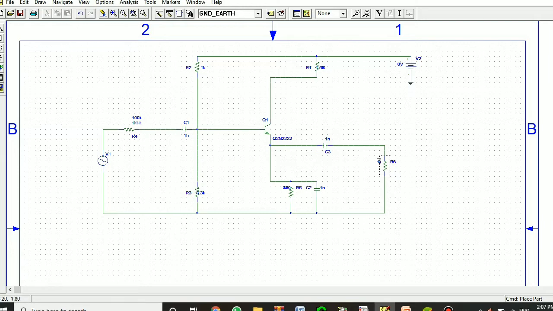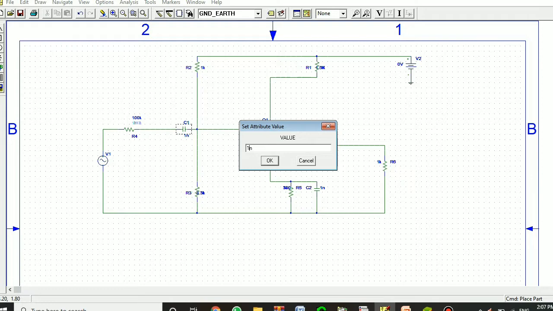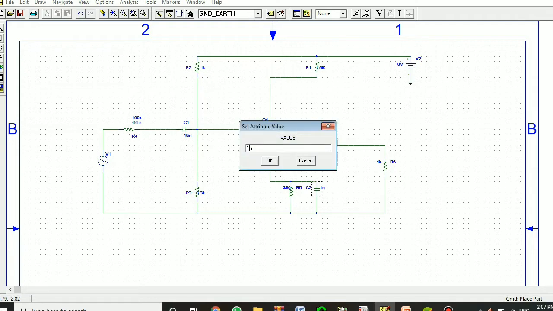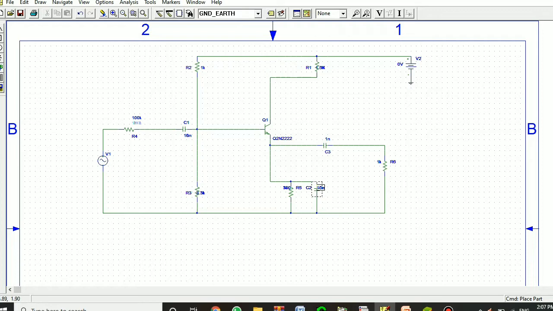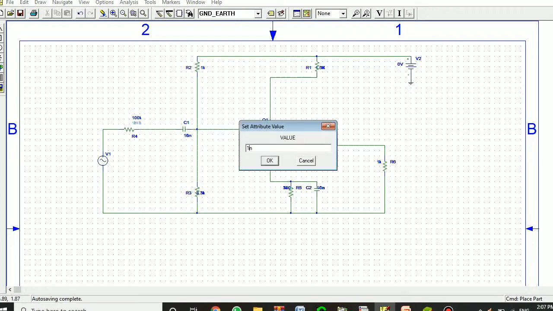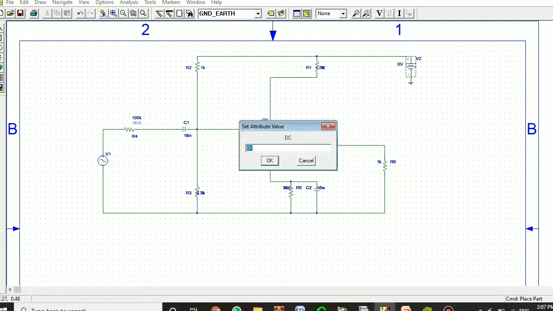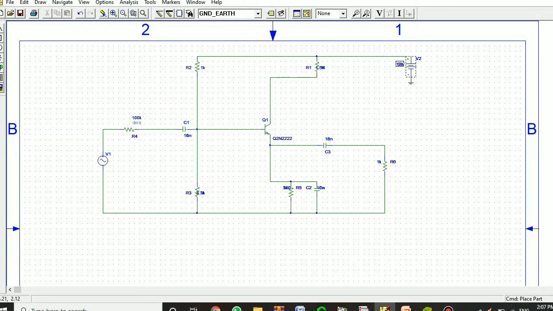Now we'll change the value of the capacitors. And then VDC is given as 12 volts. And the input voltage values are also set.